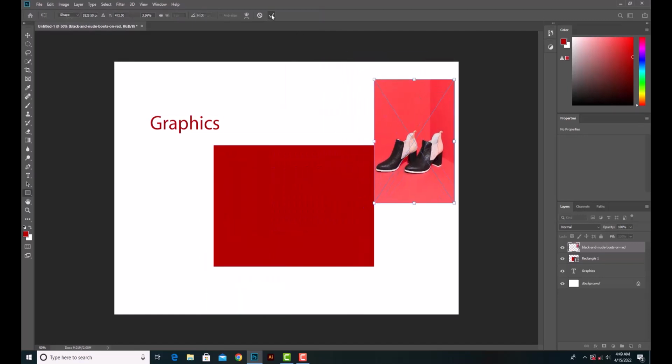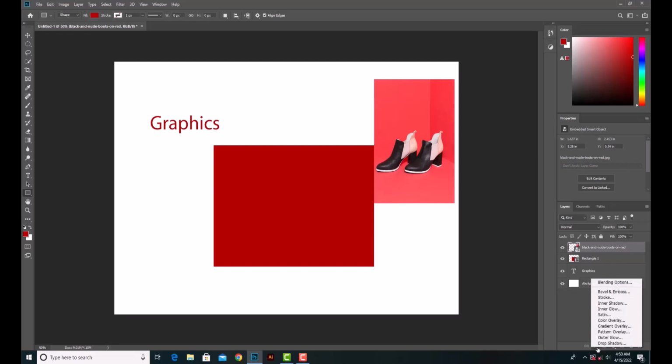Then I'm going to commit the changes. And then below the layers panel, we have the effects. The effects are effects we can apply to our layers or to our individual layers. So once I have my layers selected, I can simply go to the effects, and then let's say I want to add a stroke. If I click on this,